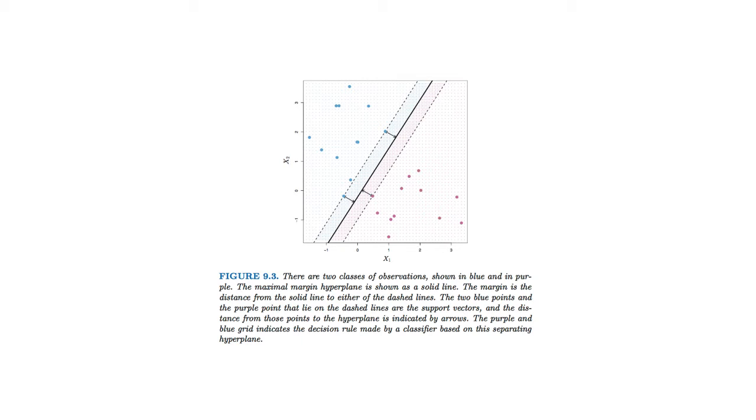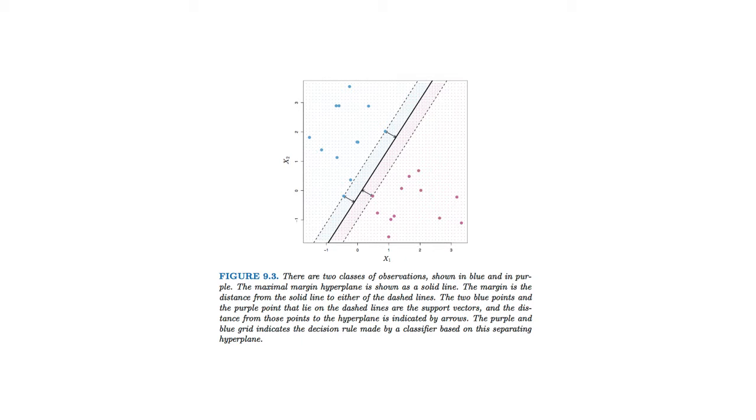If you haven't done much linear algebra, it may not occur to you to think of these points as vectors, but in fact they are. Each point is a two-component vector. It has an x1 component and an x2 component. So each one of these observations is a vector in p-space. And if we draw a perpendicular line from the vectors to the maximal margin hyperplane,